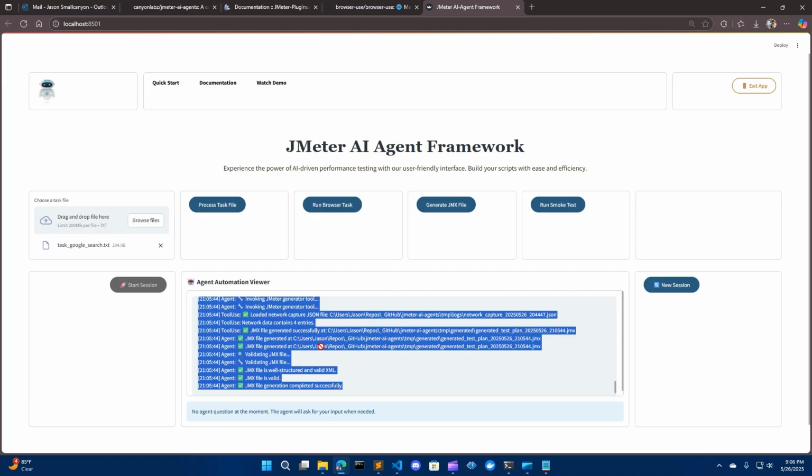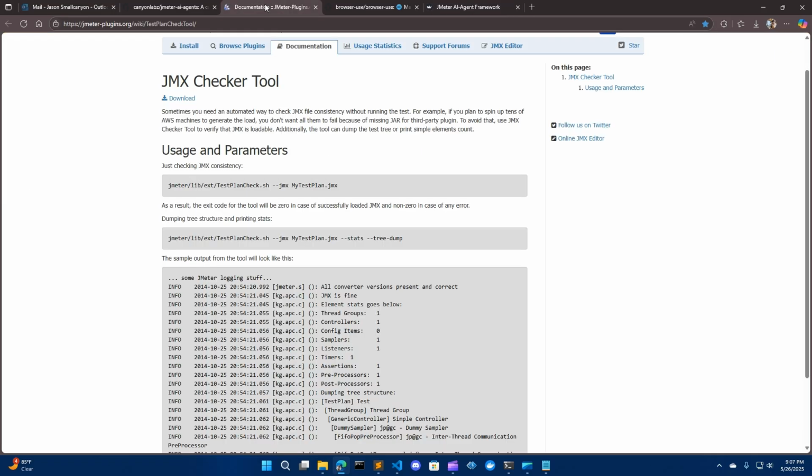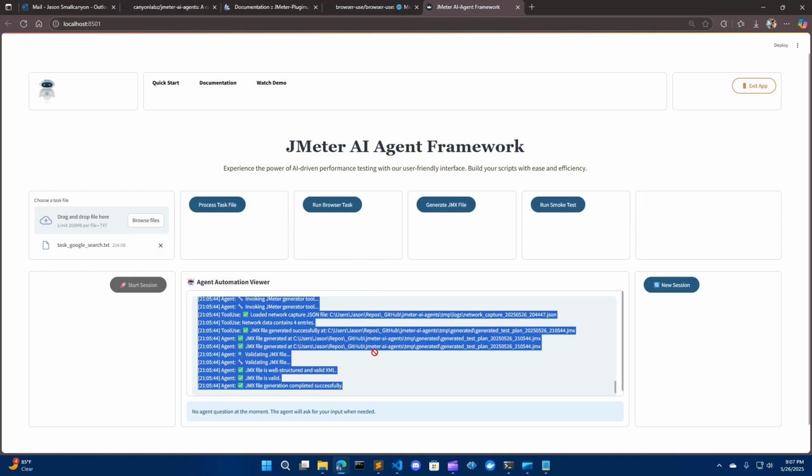After it generates the JMX file, it passes that to another agent that will validate the JMX. When it's validating the JMX, it's just looking for key components, like making sure that there's a test plan and that there's a thread group. So just simple components. I think eventually I'll probably use this other JMX checker tool, but for the most part right now, it's just simple validation checks to make sure that the JMX file can